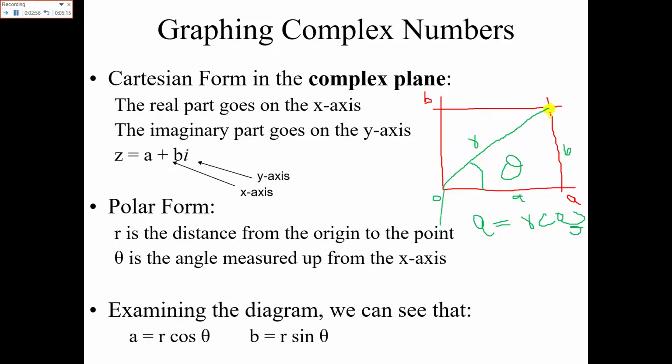In many cases, the number lies in the second or third quadrant. For example, the number is lying here. Now again a is equal to r cos theta, b is equal to r sine theta, but how will you get the theta? Theta is now measured from the x-axis to this. Now this one is r, theta.